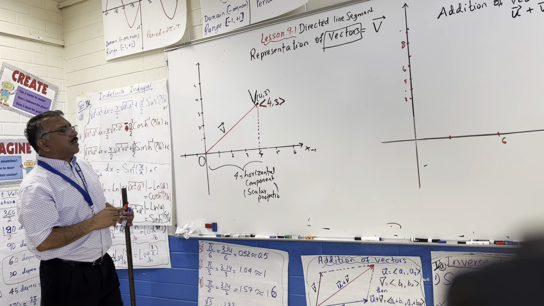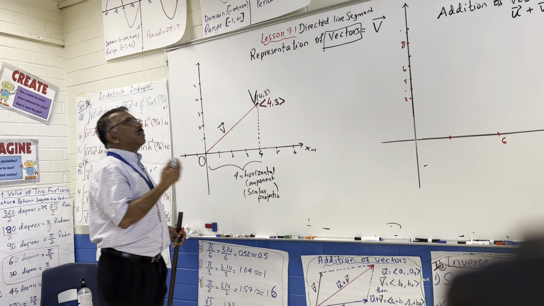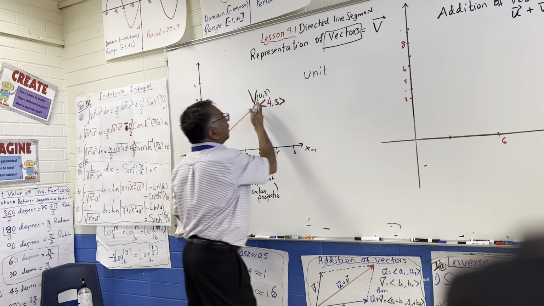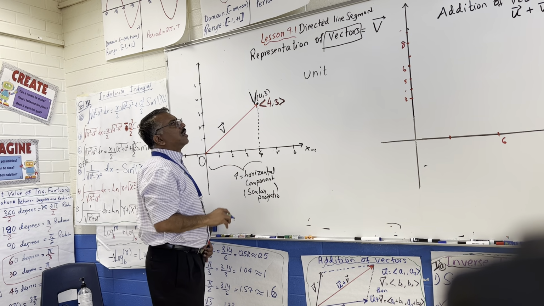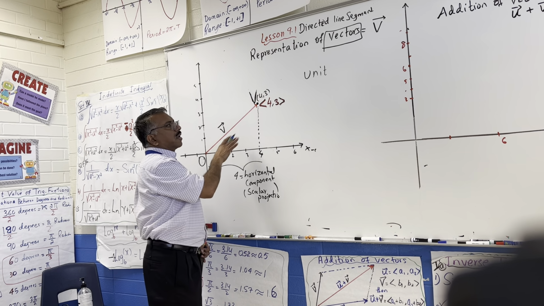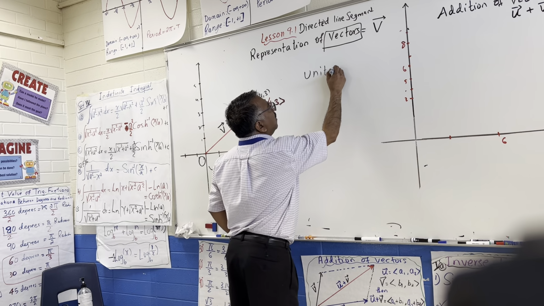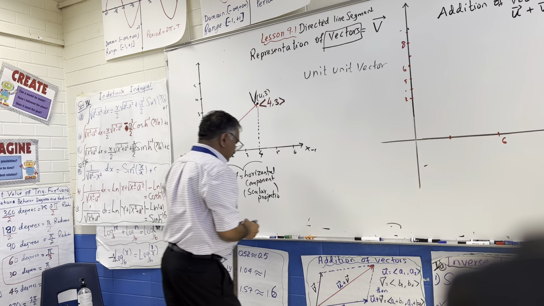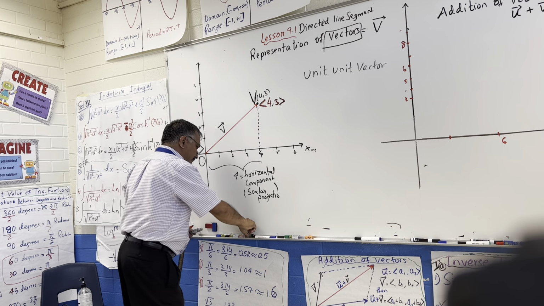Now there's another thing we need to know: what is the meaning of a unit vector. So let's write down what is a unit. We know what this one is: v is a vector, with its definition, line segment, and representation. So what is a unit? One more thing I forgot, in this example,